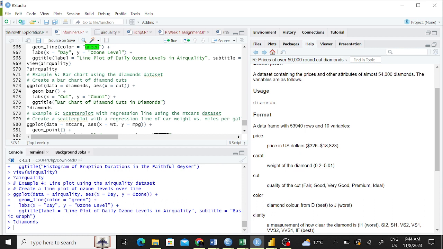Is it fair, good, very good, premium, ideal, right? And then it's going to see the frequency of fair and put it as count, right? How many diamonds fall for fair as per the quality of the cut? How many of them fall for good, right? That is the bar graph, right? So you can run this one